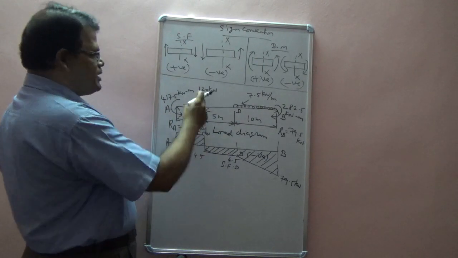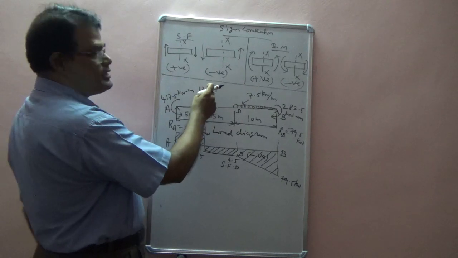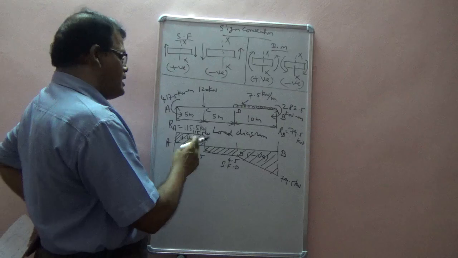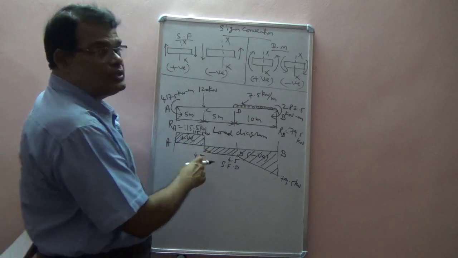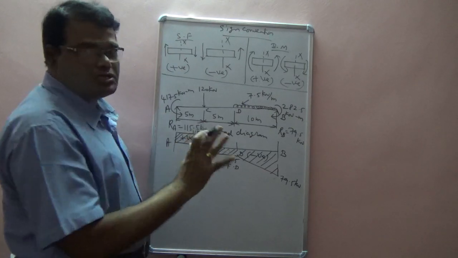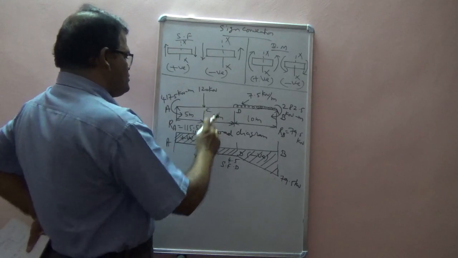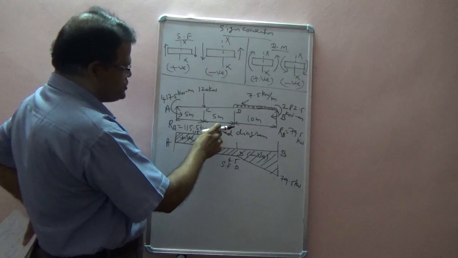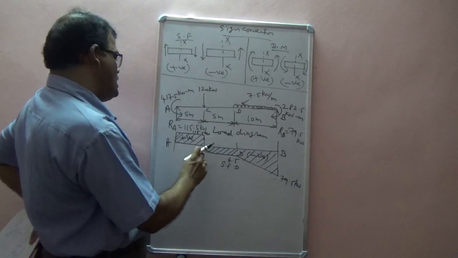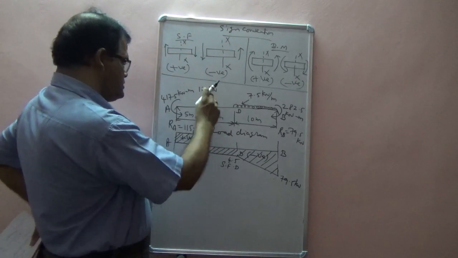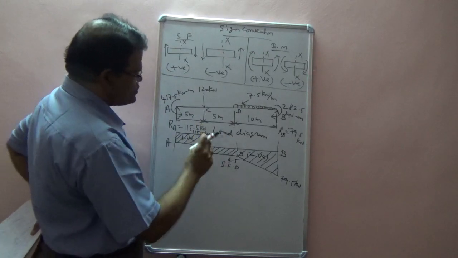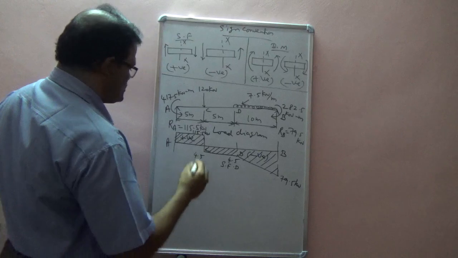Suppose, for example, here the point C is this, you see there is a vertical load acting downward. So in this case, the left side value need not be equal to the right side value. Now both the values are not same. Okay, so what is happening? Because it is vertical load dropping down, the shear force suddenly drops down, and because it is a shear force, it is acting vertically downward, so it drops down. Okay, so that is the shear force diagram.